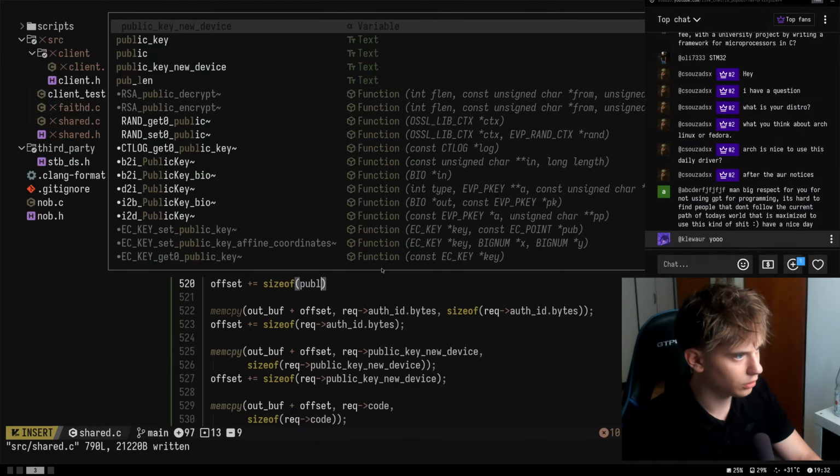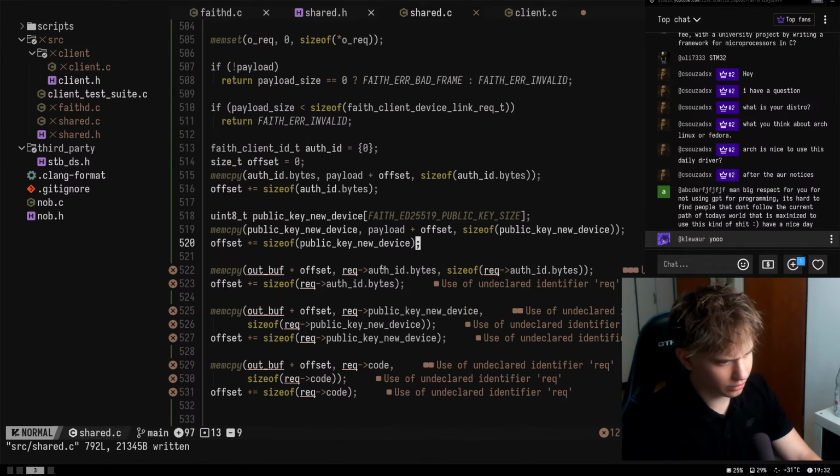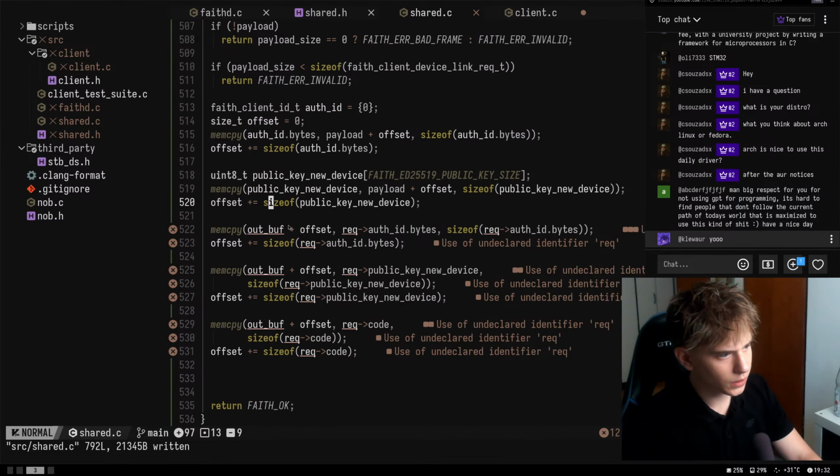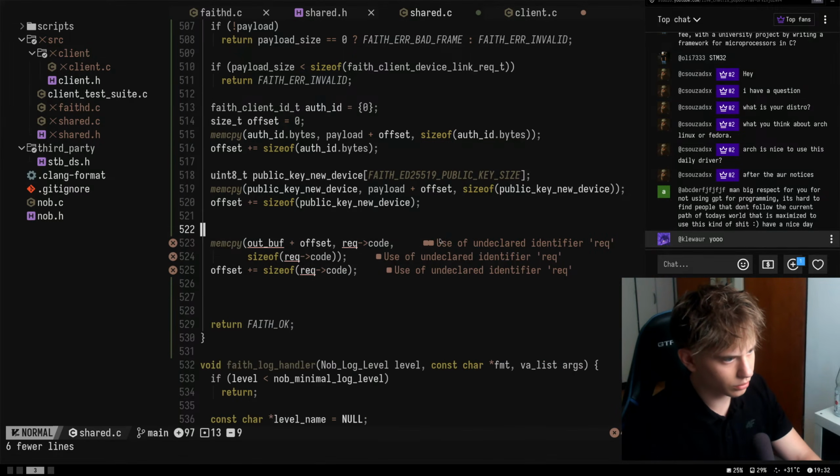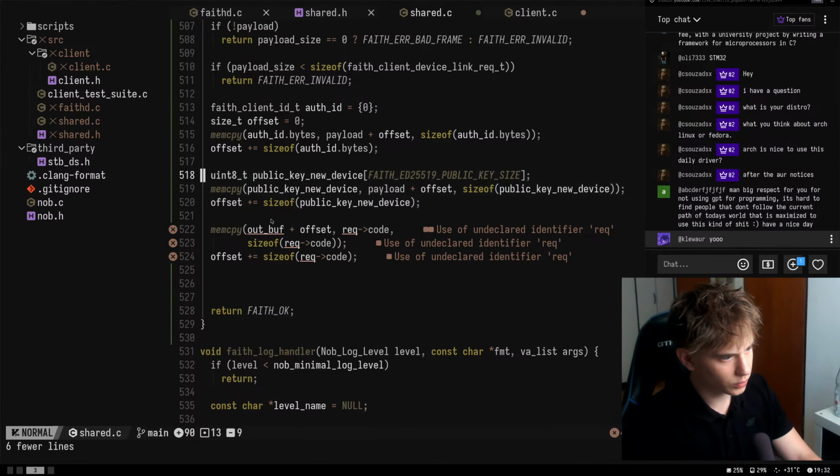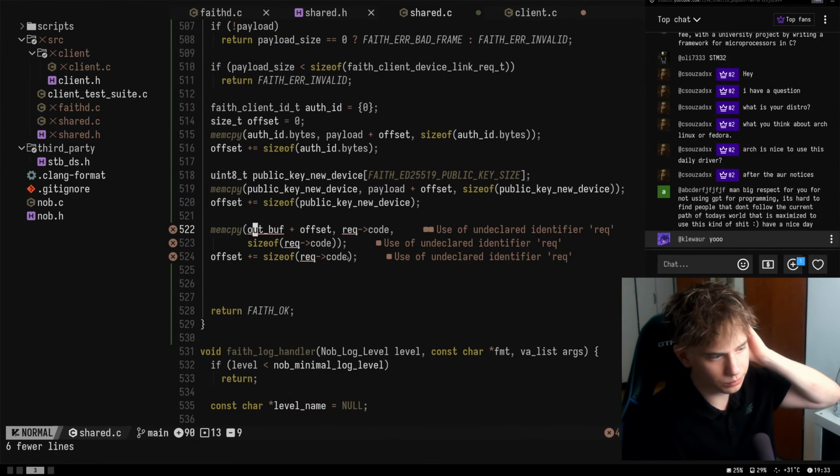So public key new device, is that a thing? Yeah, we can do that because it's just stack allocated, so we know the size. And all right, so the last thing seems to be that, but what about